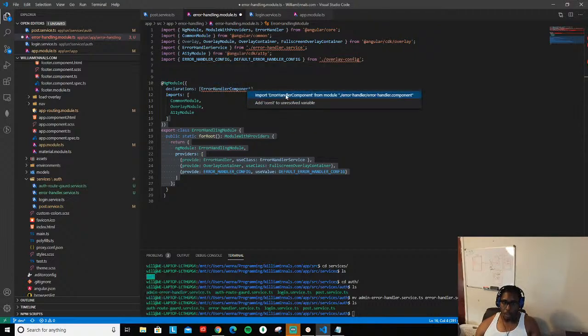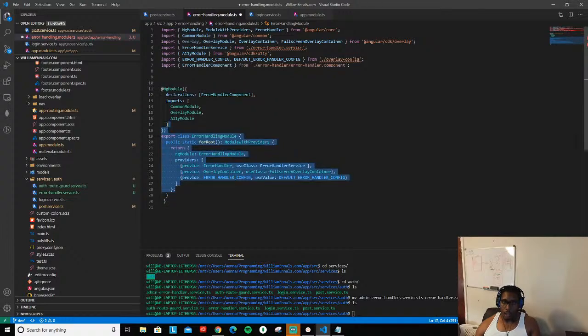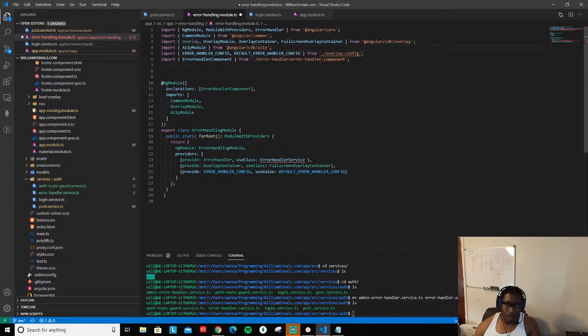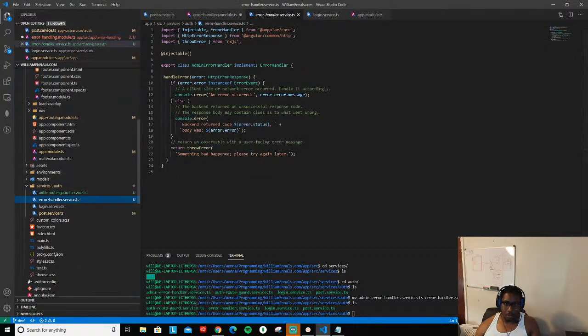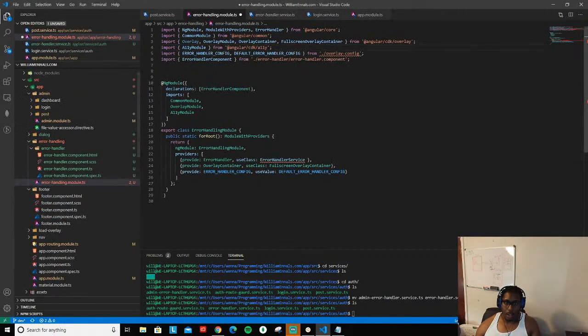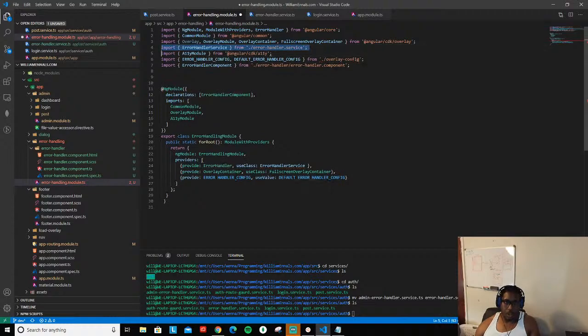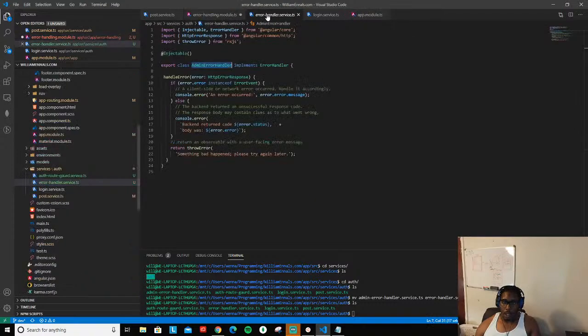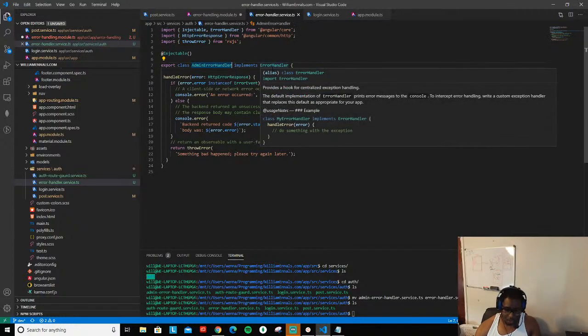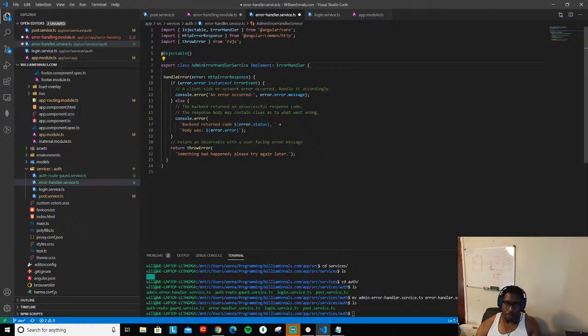So now I can import this, and this is probably going to be... so this is actually not where I thought it was going to be. So I need to change this here, and I need to call this, what was the name of that thing? Control Z, error handler service. So let's Control C this, copy, and then here I'll just call it, actually I like admin error handler service. This is going to be the name for it,